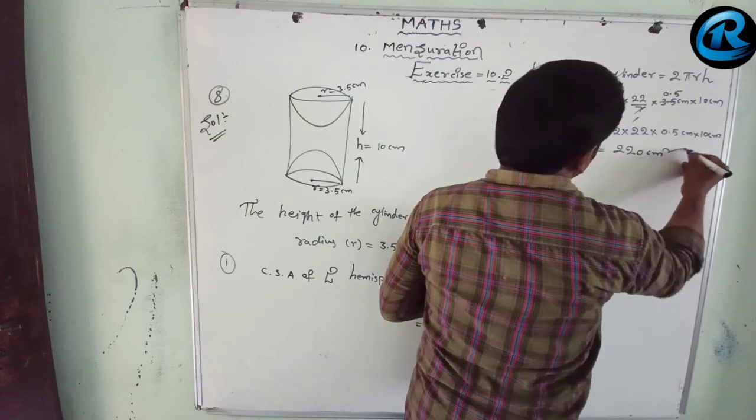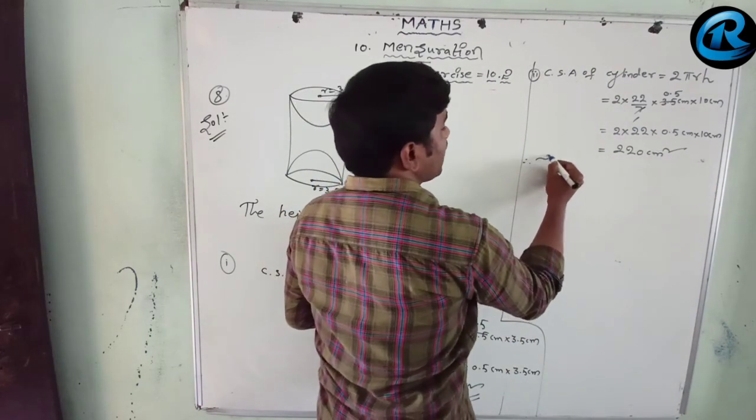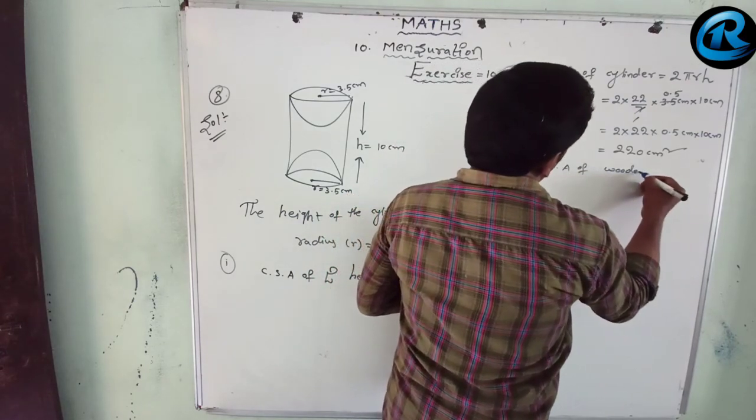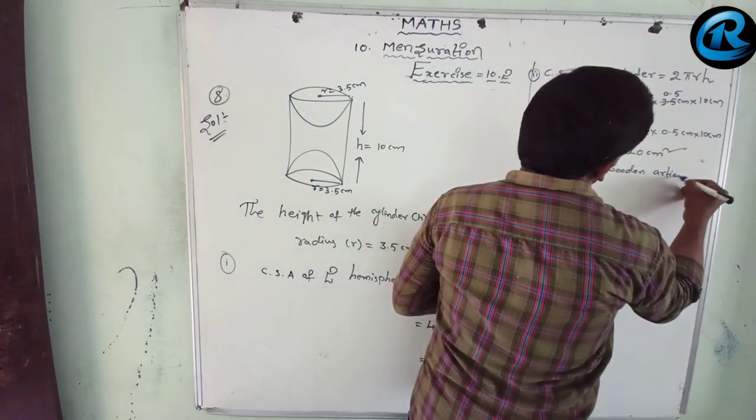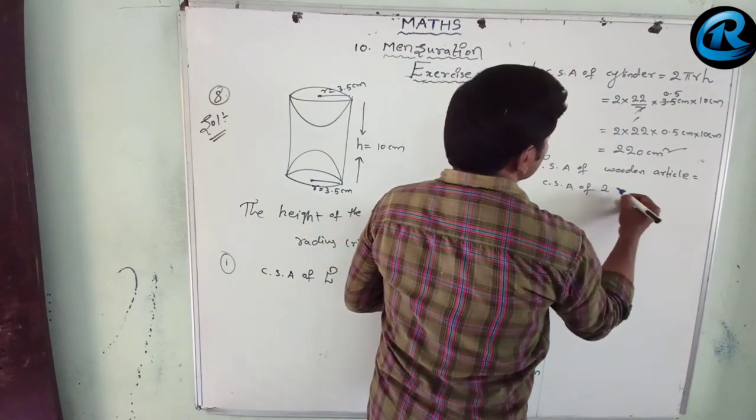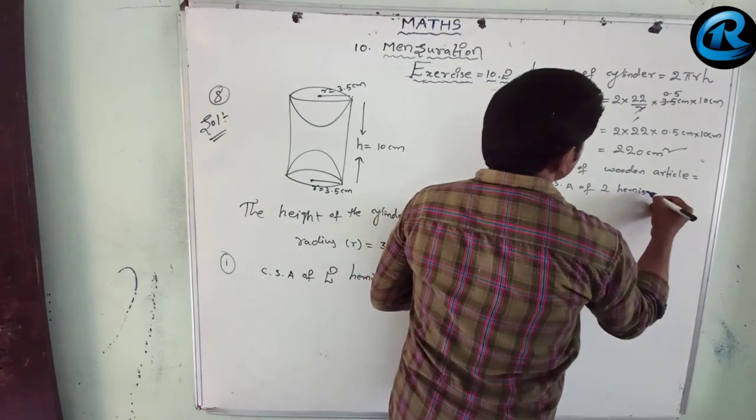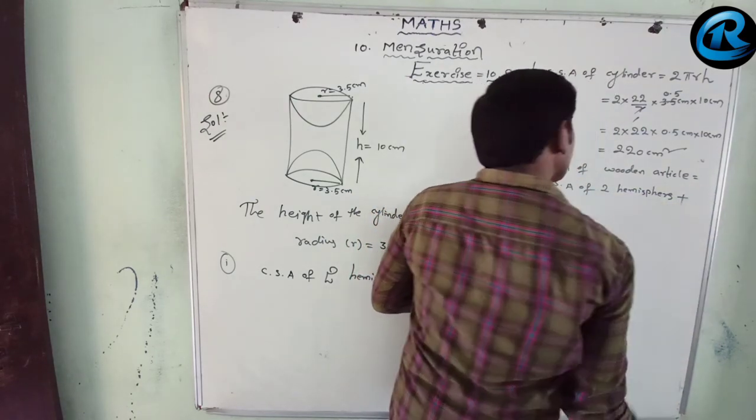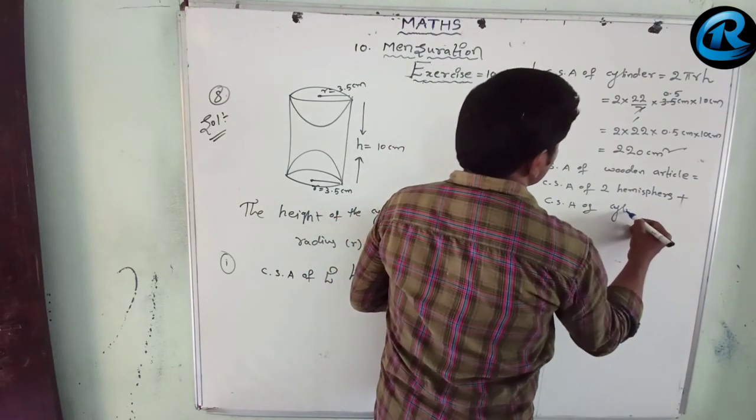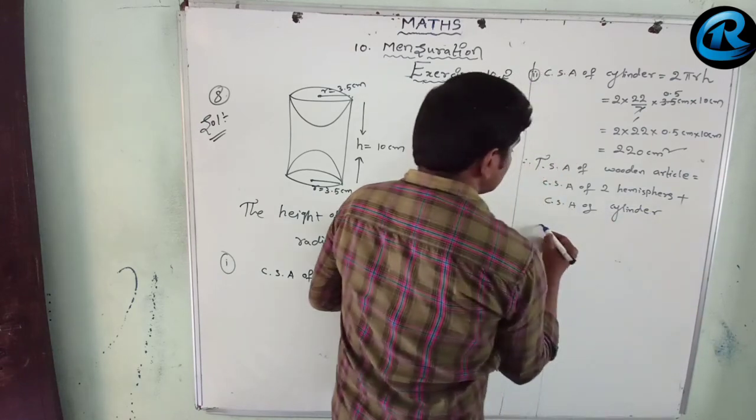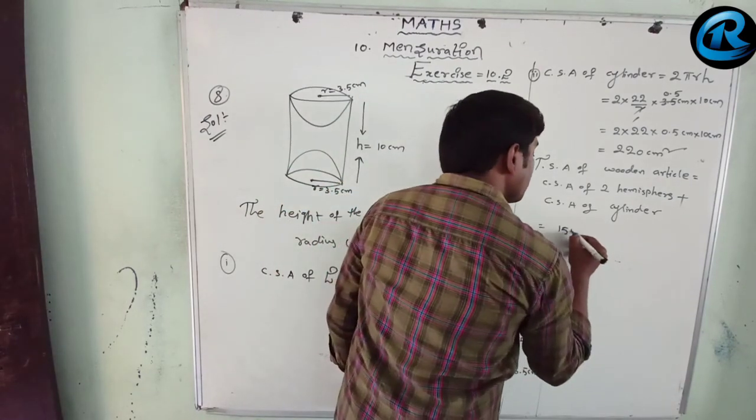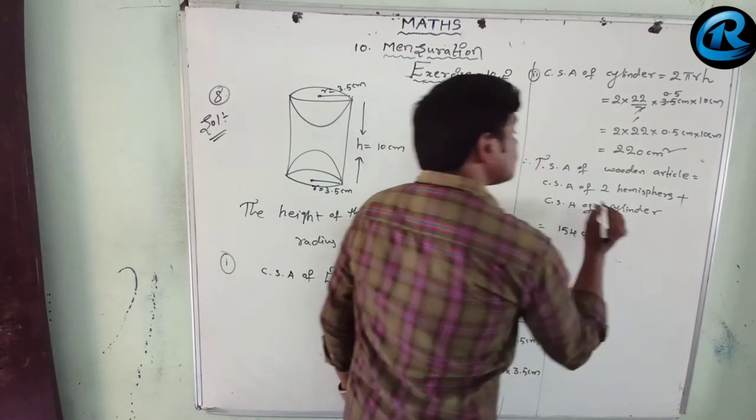Now the total surface area of the wooden article is equal to curved surface area of two hemispheres plus curved surface area of cylinder. The curved surface area of two hemispheres, that we got 154 centimeter square, plus curved surface area of cylinder,